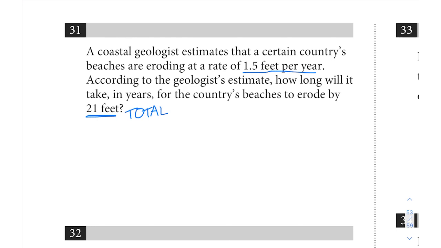Well, if it's 1.5 feet per year, or for 1 year, then you can think of setting that up like a proportion. That's 1.5 feet in 1 year, and they want to know how many years for it to erode 21 feet. So we can cross multiply. And if you did this in one step, that's also okay. Here, when you cross multiply, you would get 1.5x